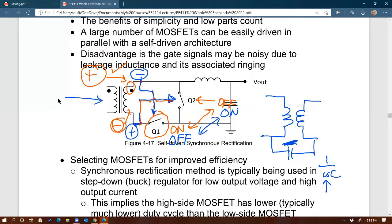And that's probably why not many people use this method, or at least I've not seen somebody using this. But it's still good to know, just in case. It's acceptable to use this if the environment is low noise, for example. Okay. Any question on this? Okay, so that's self-driven